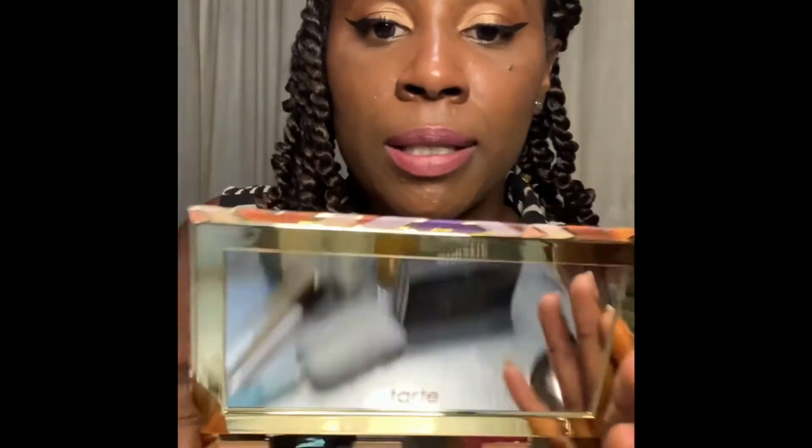I wasn't happy about this, because this right here is the Tarte Clay Play Face. So first off, when I was talking about my foundation earlier, I actually have on the Tarte Amazon Clay foundation, and I actually put it on with the illuminating oil that I got a couple months ago from my BoxyCharm, and I think it holds up well in terms of the foundation. But I actually bought the Clay Play 2 and I took it back, because I just don't like a face palette where essentially,